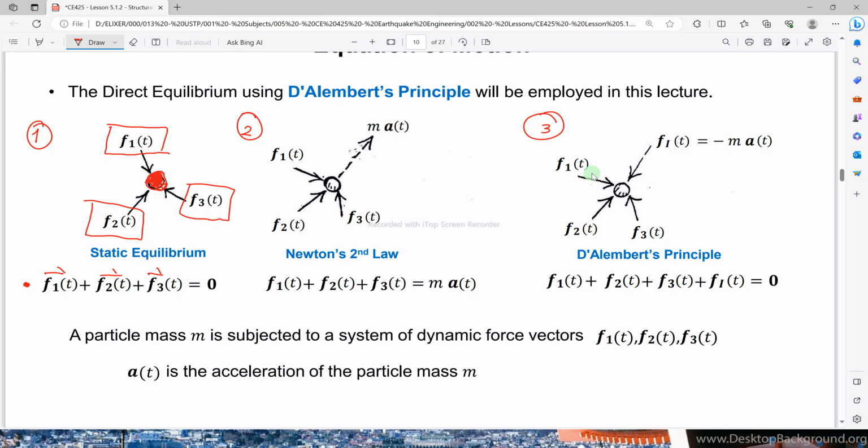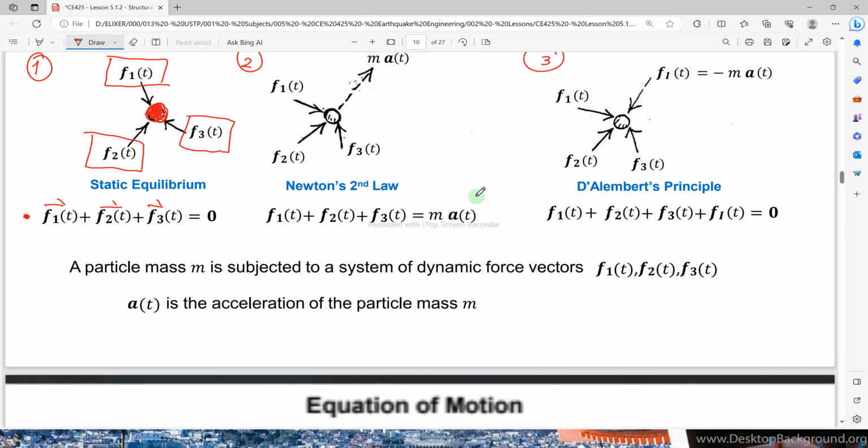So we have a particle with mass m subjected to dynamic force vectors. Like in your lower years, there is a static equilibrium when the summation of all forces is equal to 0. Now,